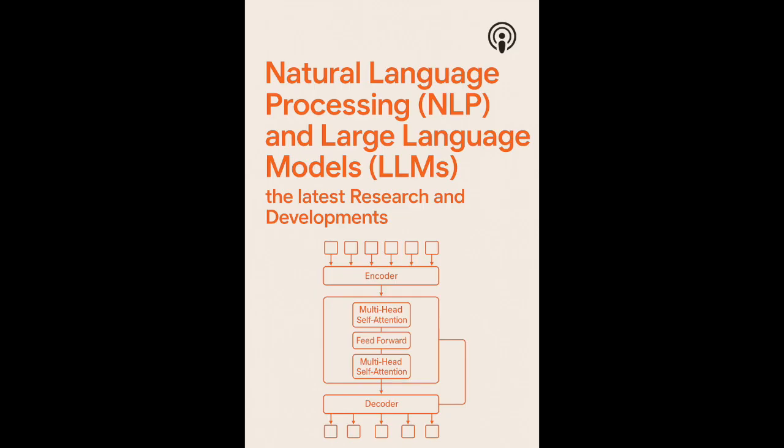Label bias, what does that mean? It happens in models that are locally normalized. Imagine the model is tagging words one by one. At each word, it calculates probabilities for all possible tags, noun, verb, etc., using a softmax function. That softmax normalizes the scores locally, forcing them to sum to 1 at that specific word based only on the information seen so far. Okay, seems reasonable. What's the bias?